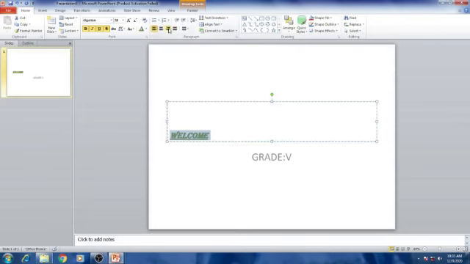If I choose the right option, this text moves to the right of the placeholder. If I choose left alignment, this word moves to the left of the placeholder. And if I click the center one, it will move to the center position. So if the word moves in a horizontal manner, that is known as horizontal alignment.